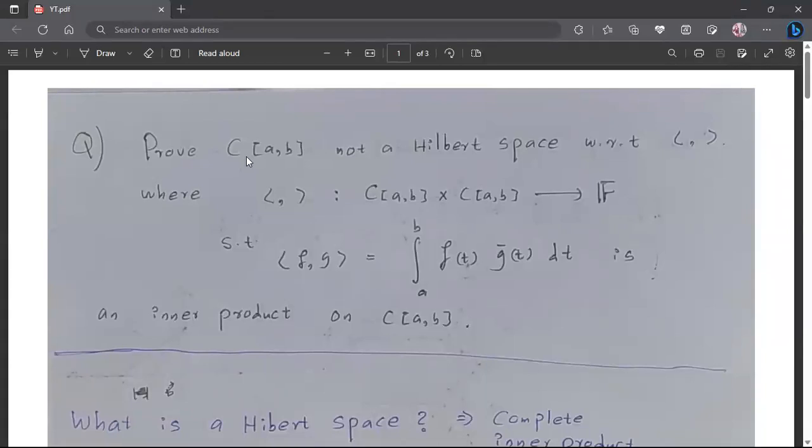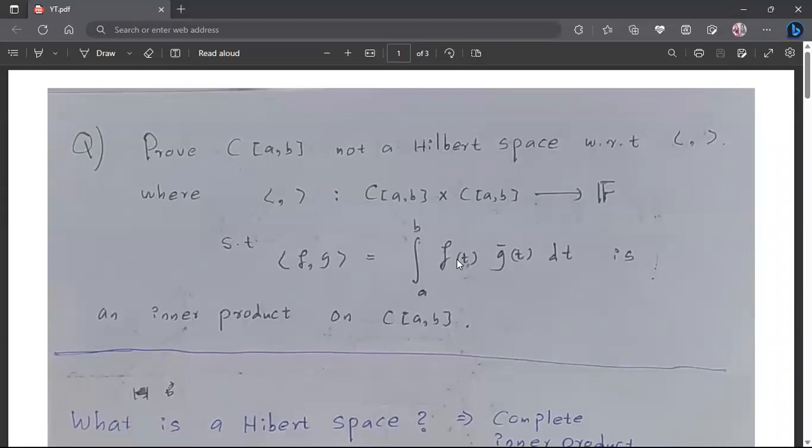So here the question asks us to prove that this space is not a Hilbert space with respect to this inner product. They gave us the inner product function, which is a map from this to the underlying scalar field, and they define the inner product as the